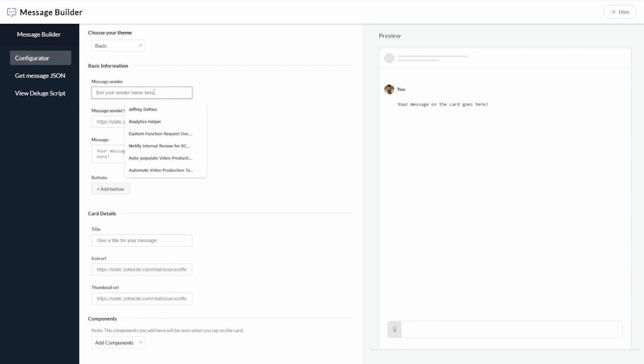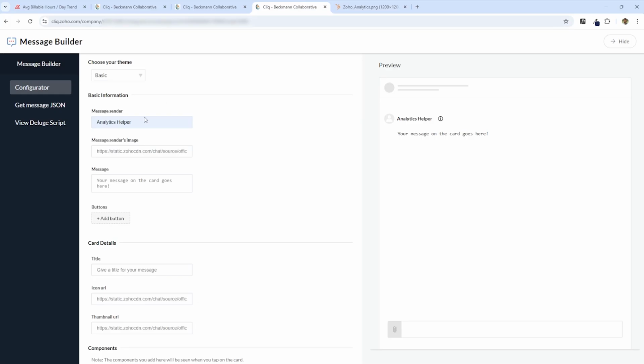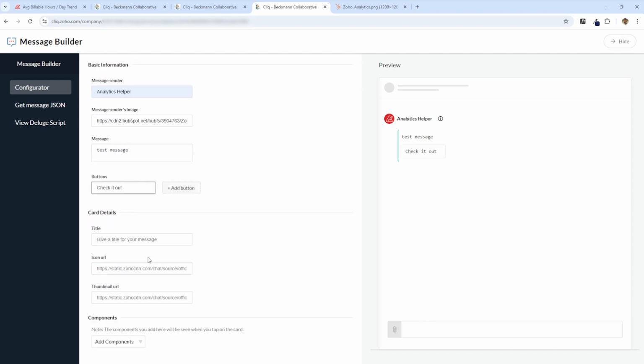So let's, for example, get a PNG file from a URL and paste it here. And now we have our custom look to our message that's going to our channel. And then of course we type our message text here and it shows up in the preview. We can add a button. We can customize the button text and we can add card, other components like a list, a table, images, text, or a label. And once we get it looking the way we want it to look,